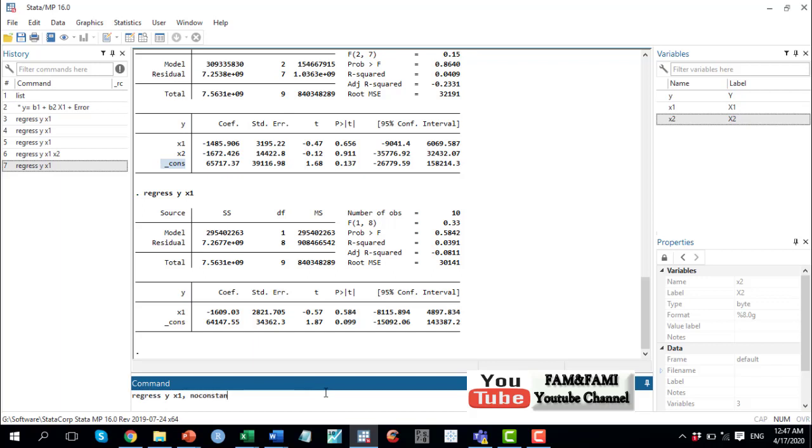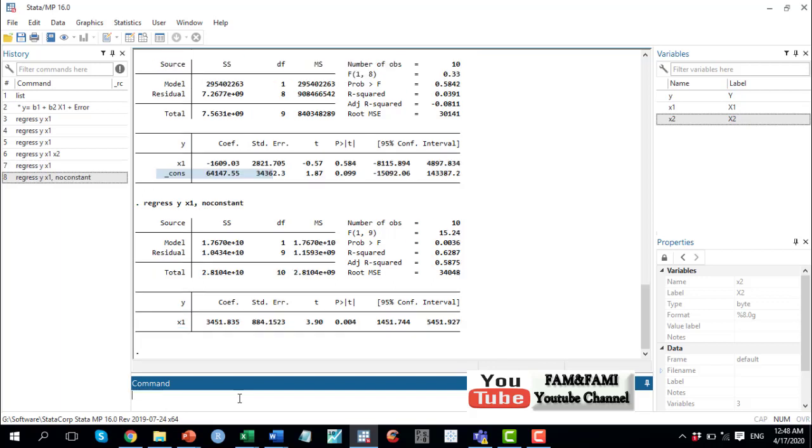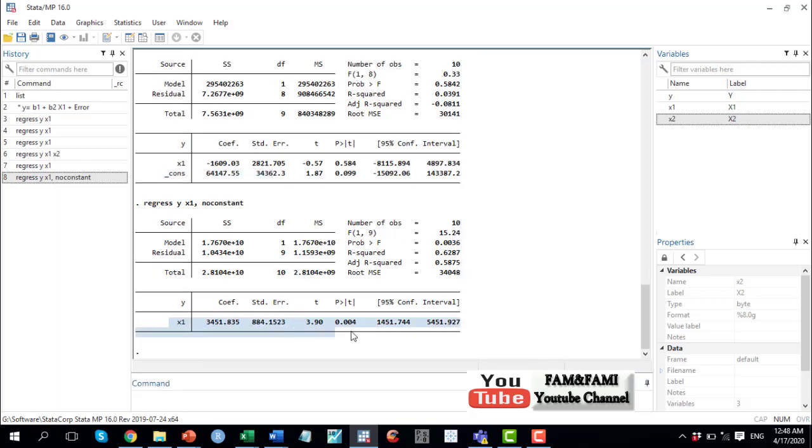No constant means we don't need the intercept. If you don't need the intercept, it means in this model, y equals beta 1 plus beta 2 x1 plus error, we want to drop beta 1, which is the y intercept. So y will be equal to beta 2 x1 plus error. If you type noconstant and press enter, you can see that only the variable is shown here and there is no constant.